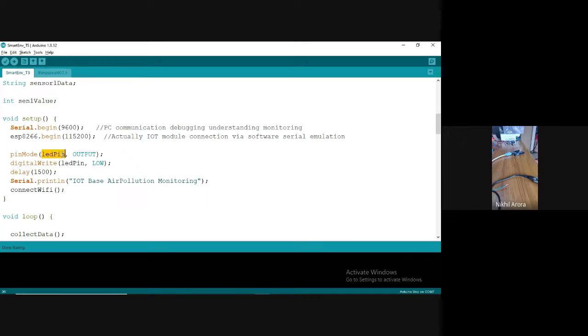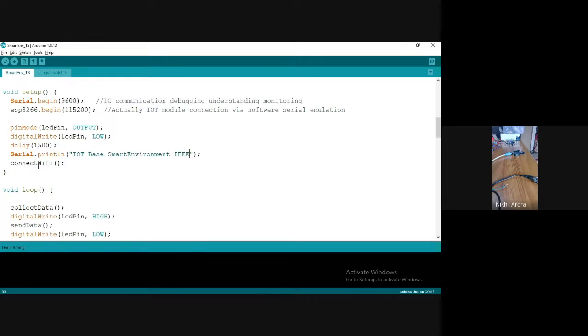So pinMode, LED pin output, LED is low, and then it will print IoT based smart environment. This is our title line. At the beginning it will come one time only. Okay, and then the function will be called, connect Wi-Fi. Connect Wi-Fi is required only once.